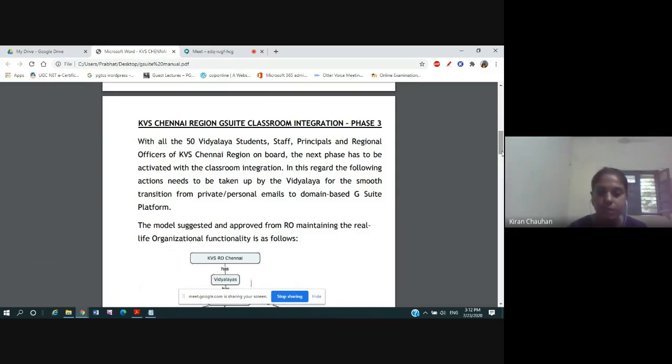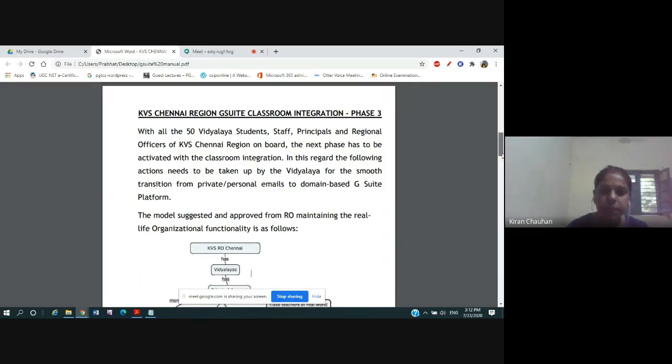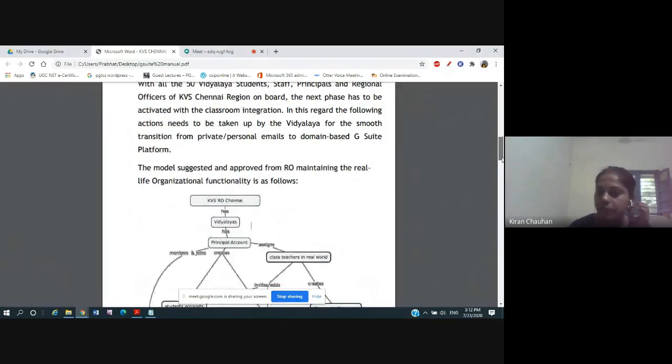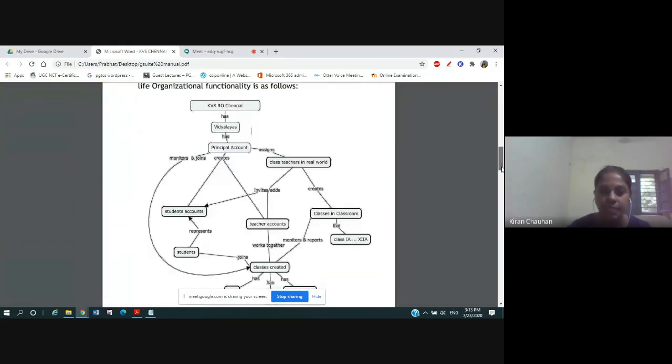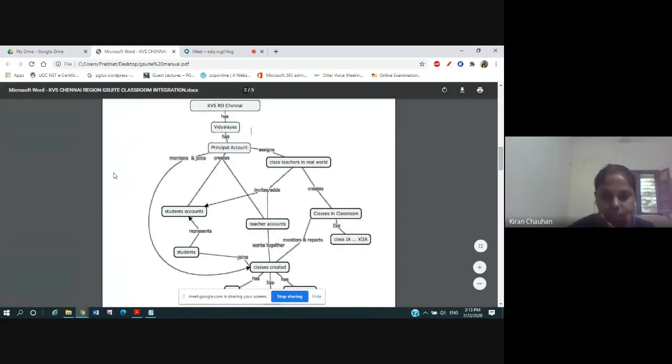First of all, the class teachers who have already received the permission from admin level or the principal account level, that they are the class teachers and have permission to create a class. Whenever the class teacher wants to create a class, this complete structure is to be understood by the class teacher and all the teachers.